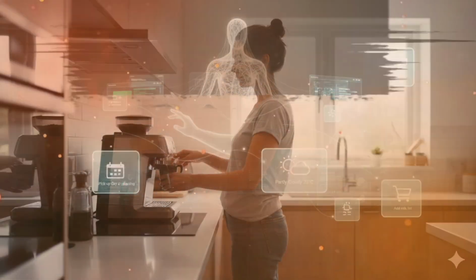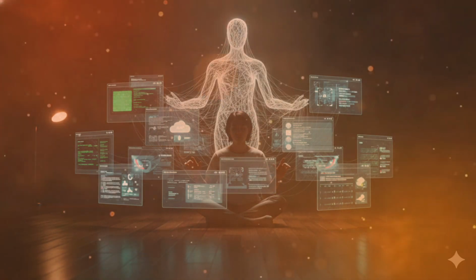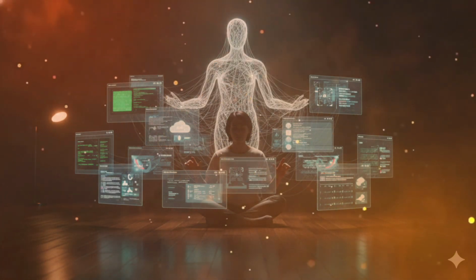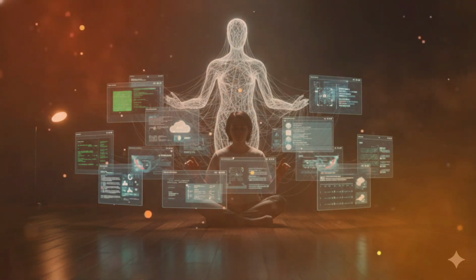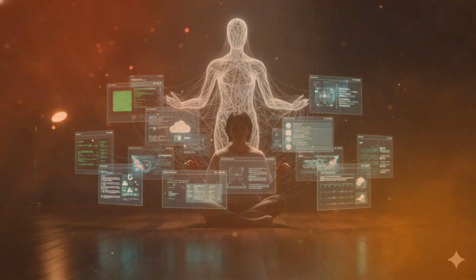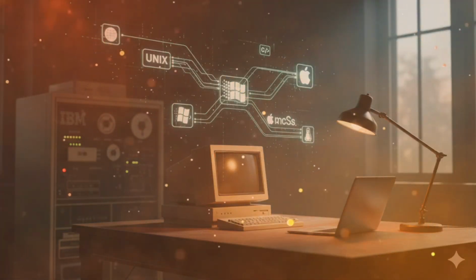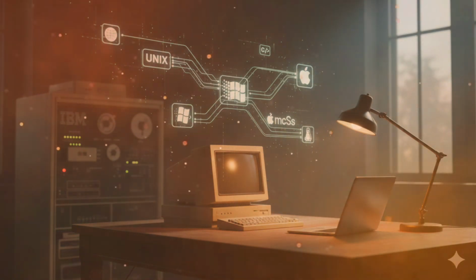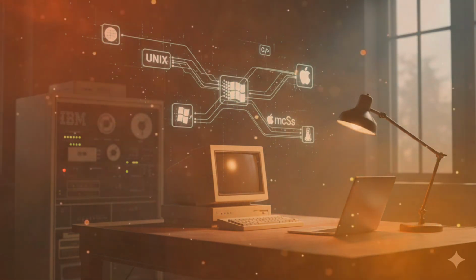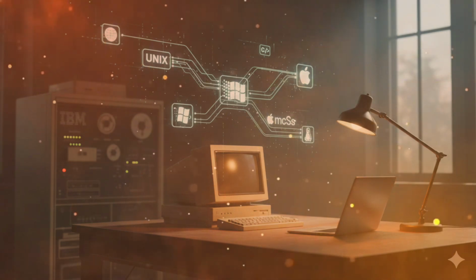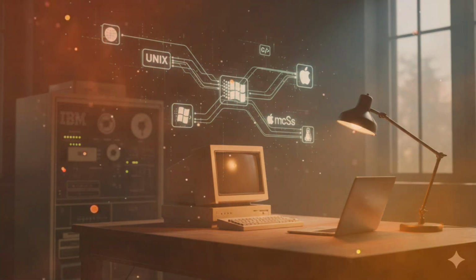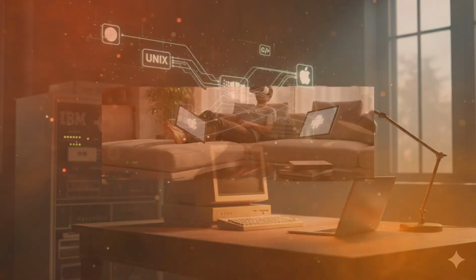These early systems were simple. They didn't multitask, they didn't prioritize, they just kept things moving. But the idea was important. There was now software controlling the computer itself, not just running on it, but managing it. That's the quiet birth of the operating system. No fanfare, no dramatic launch, just automation.